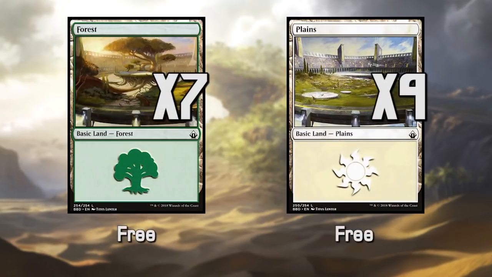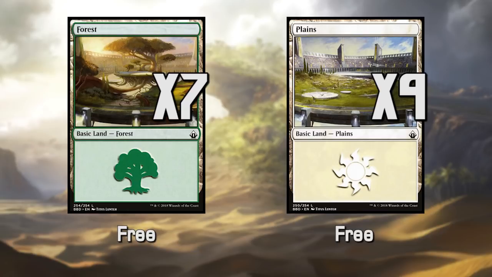And then we have 7 Forests and 9 Plains for all of our mana needs. And that is the entire main deck, but before we break down this sideboard and the upgrade section,